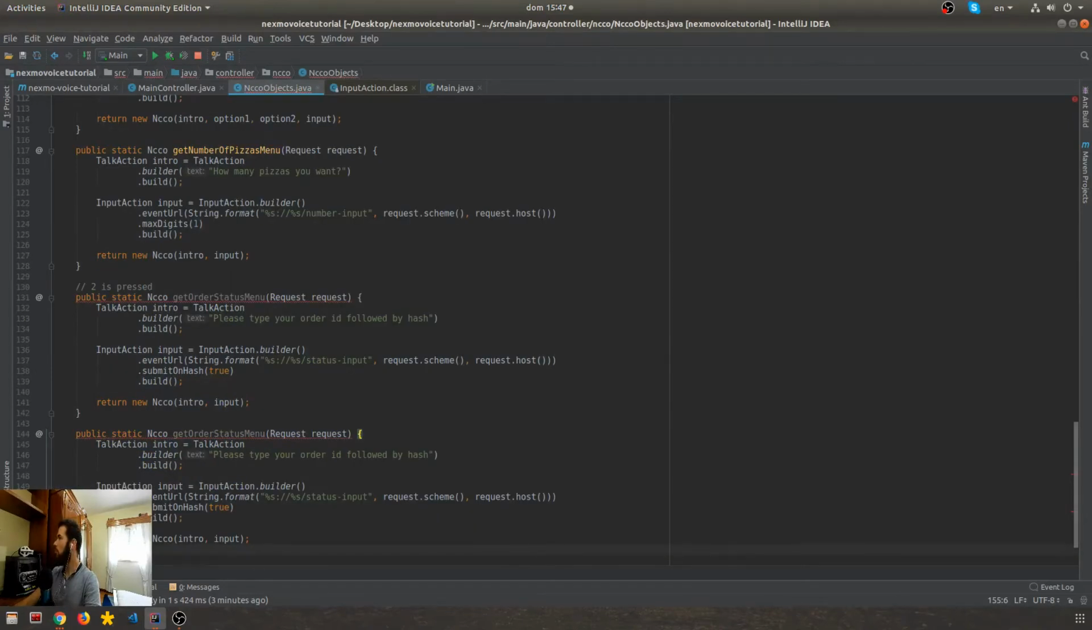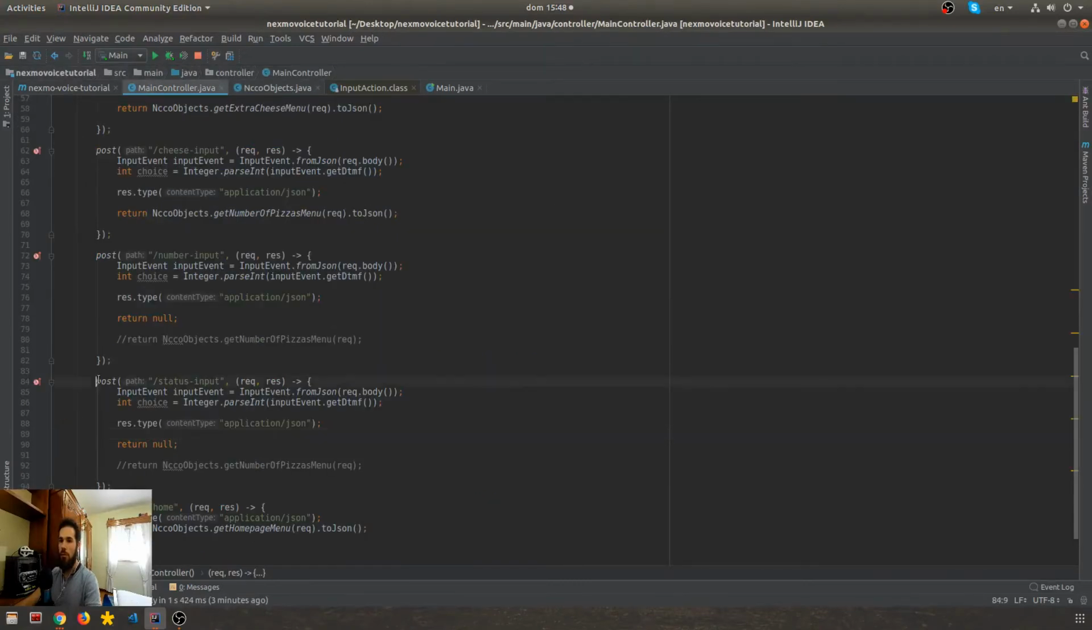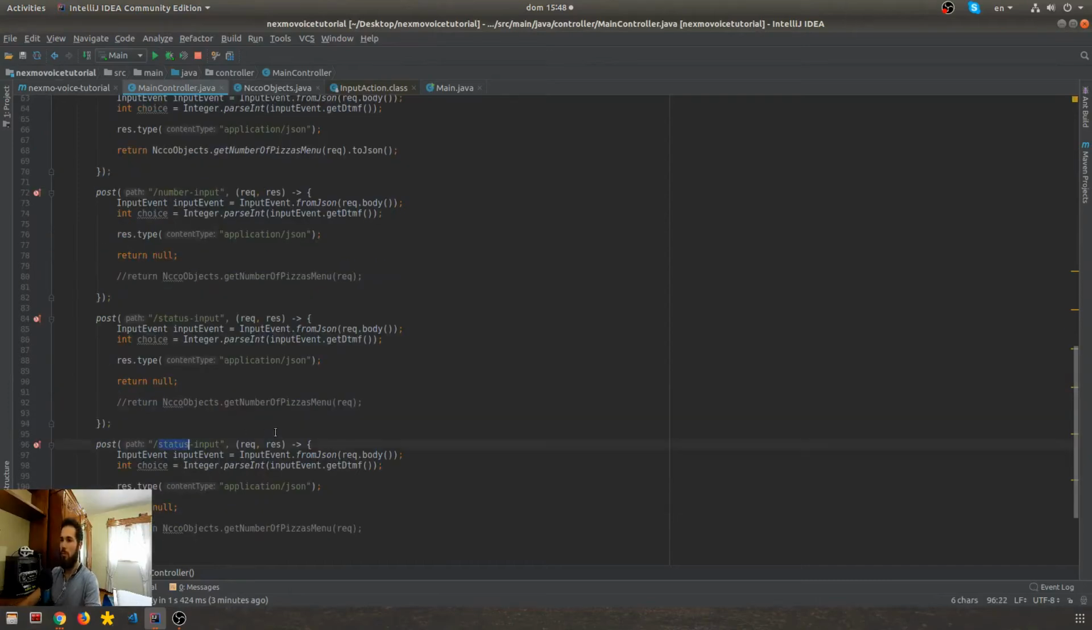So let me see here. Let me just copy from here. It's simpler. So get order, delete menu. Please type your order ID followed by hash again, and it will call the delete input. So it's the same thing, but here it will be delete input. Let's just return